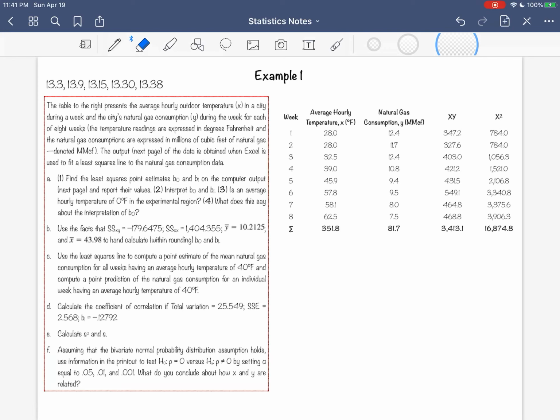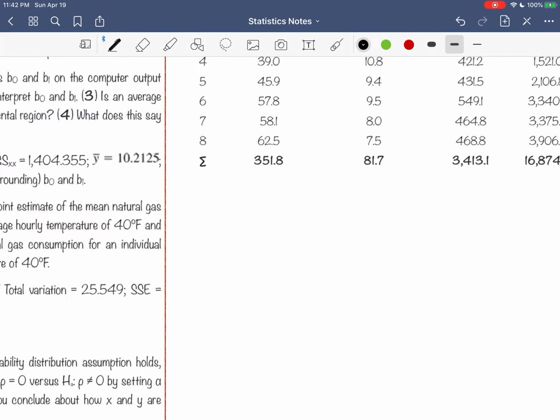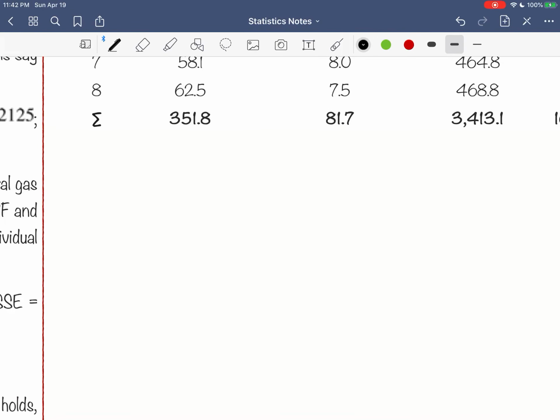Now, as I said, I'm going to do this problem a little bit differently. Although you have the printout, and I'll show you the answers on the printout, let's go ahead and do it the very long and tedious way. So step 1 is to state the hypothesis as always. So the hypothesis is going to be